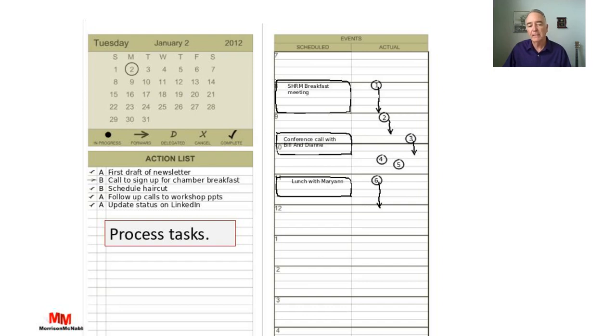And I've put a little key up here on different ways to process. So if it's complete, you put a check mark. If it's something you're not going to do, either because it's no longer relevant or you just don't want to, you put an X in there. D is delegated. You delegated it to somebody else. That's going to require a follow-up task, obviously. Or draw an arrow if you're forwarding it. Well, I didn't get a chance to do that today, but I'm still committed to it, so I'm going to move it to the following day or someday in the future.